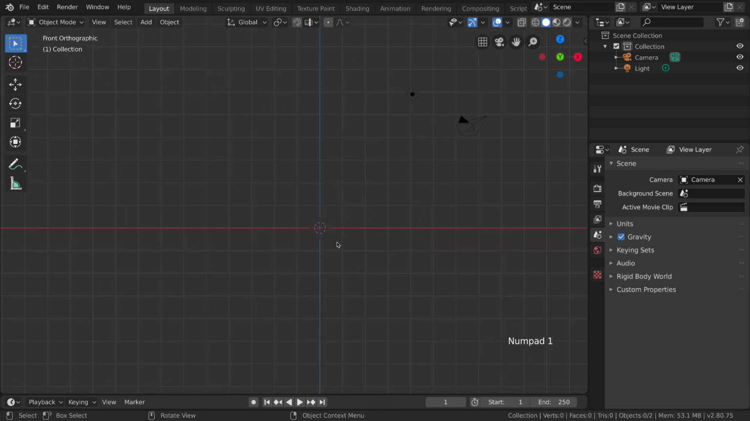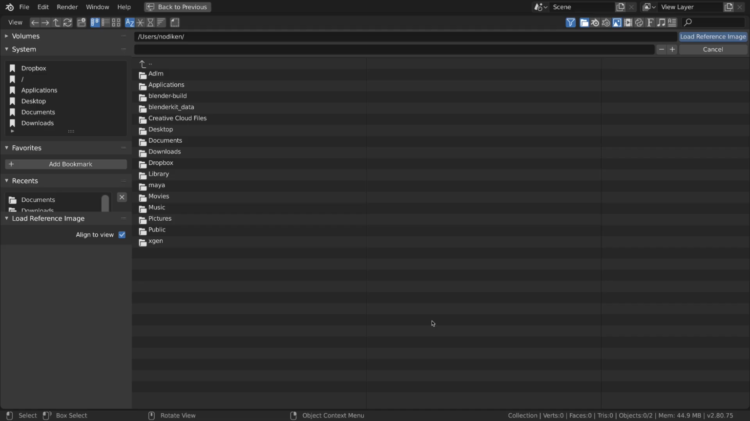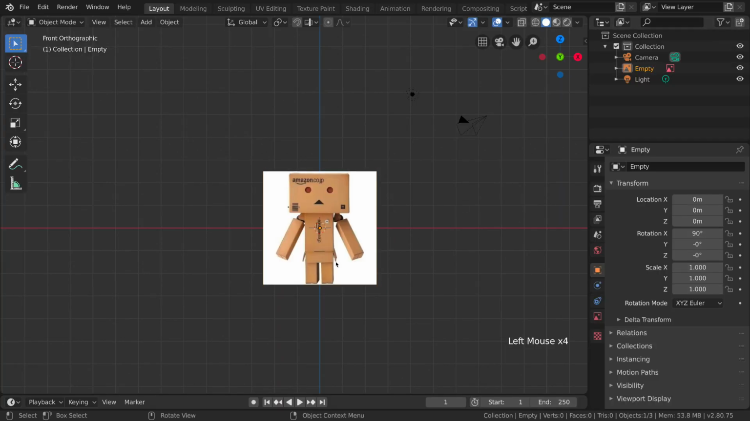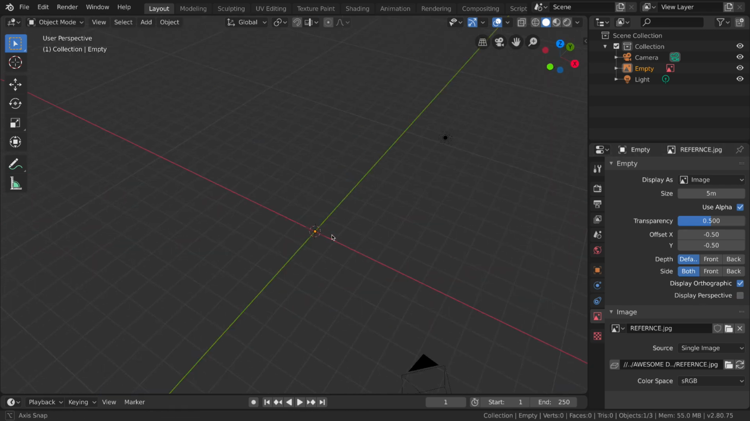So let's add our reference image by pressing Shift and A and going here under Image, and we will pick this reference. Let's find our reference. It's here. It's going to be this picture and we are going to create a character like this one. And now I will go here under this icon in the properties menu and I will turn on alpha and I'm going to decrease the transparency of our reference image